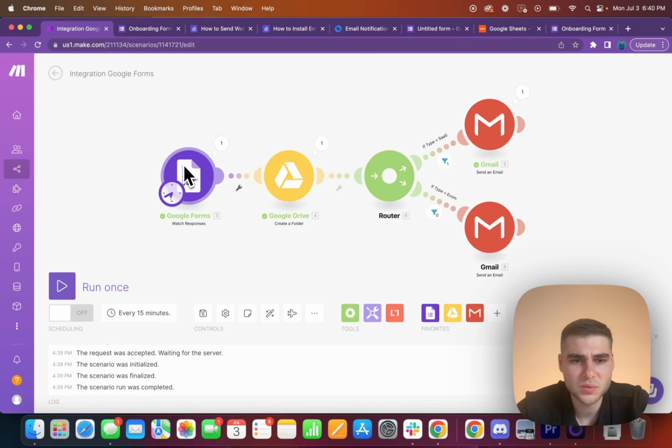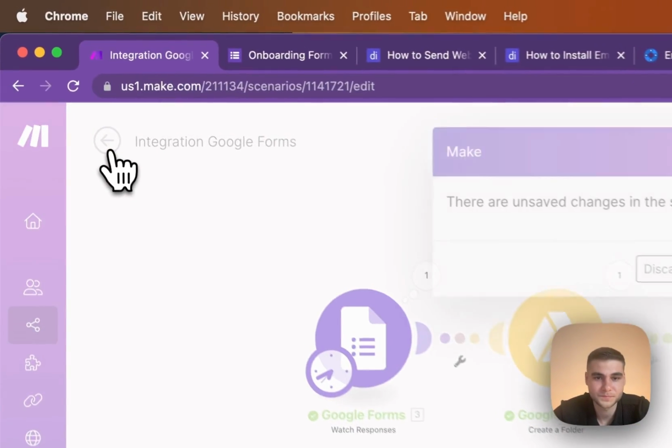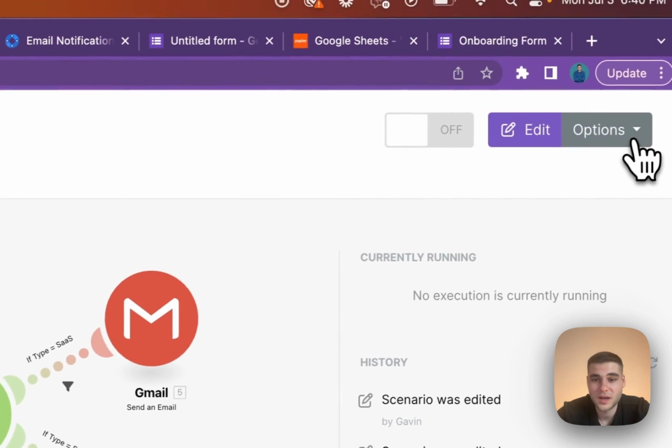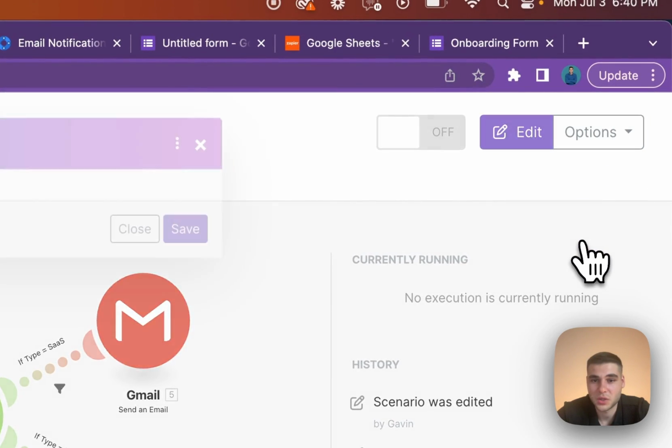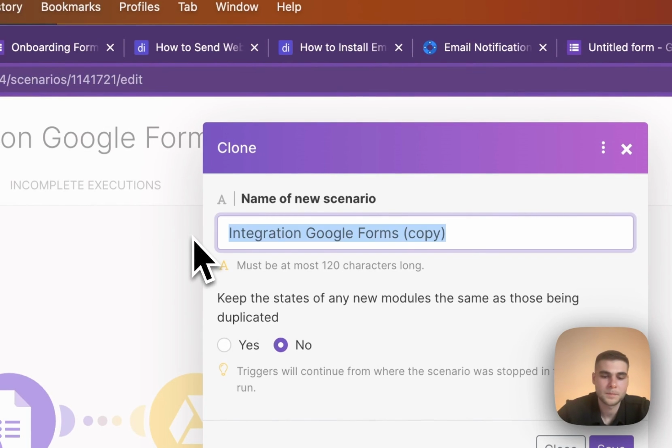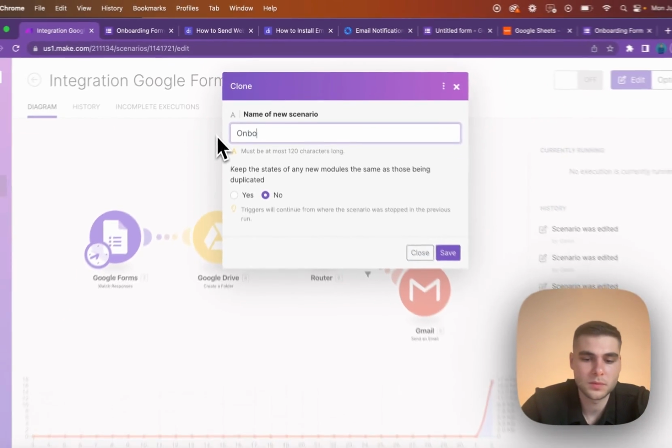Setting up a webhook is different depending on Airtable, Google Forms, Typeform, another form response, but what we want to do is actually delete this module. Yes. So if you want, you can save changes. You can have this here just as a reference, and then clone this. And we'll just do onboarding Google form,